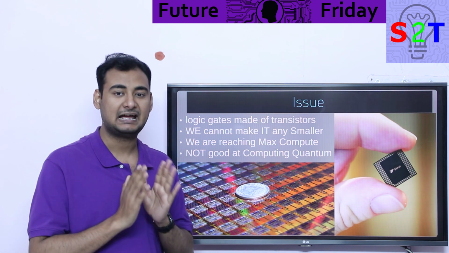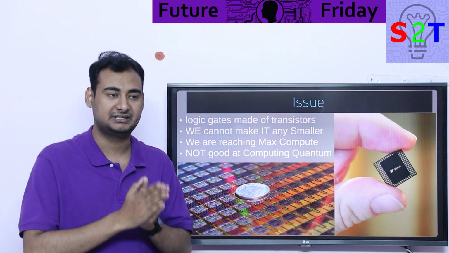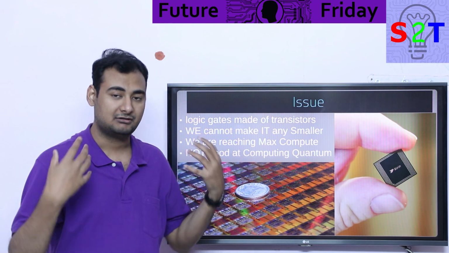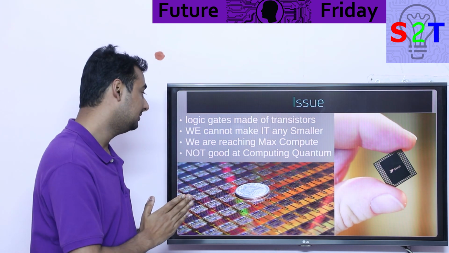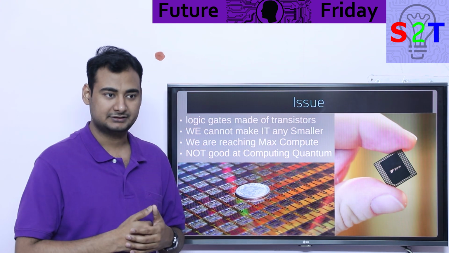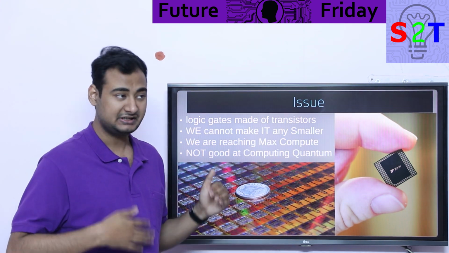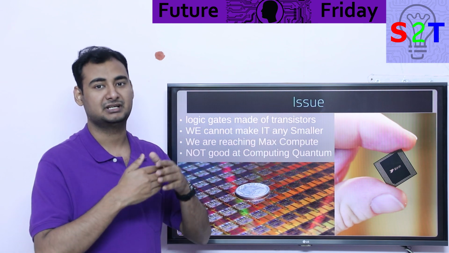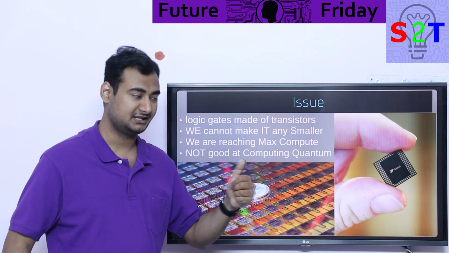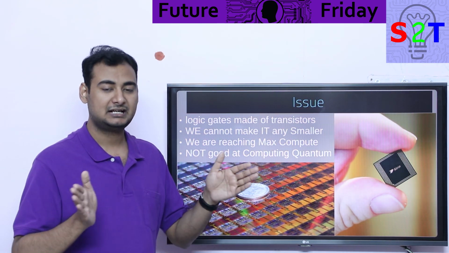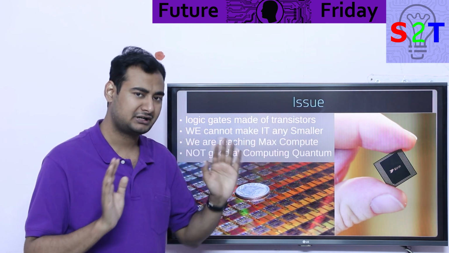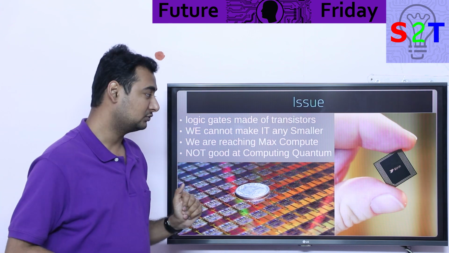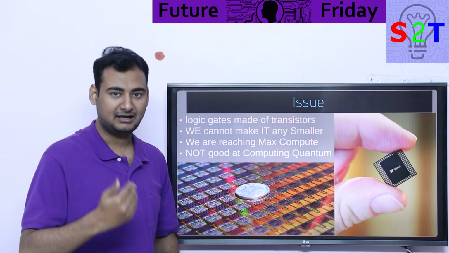So we have to stop, we cannot go any smaller, we cannot make our processor any more power efficient at the core level. The logic gate has reached its maximum potential. So at this point in time, yes, there is still a lot of room for improvement. We're gonna have better design, cheaper design, more efficient use, all of that will happen. So we have at least 5-10 years of momentum left, so we don't have to worry about it. But the engineers who are developing the next generation chip, they are actually worrying about it.